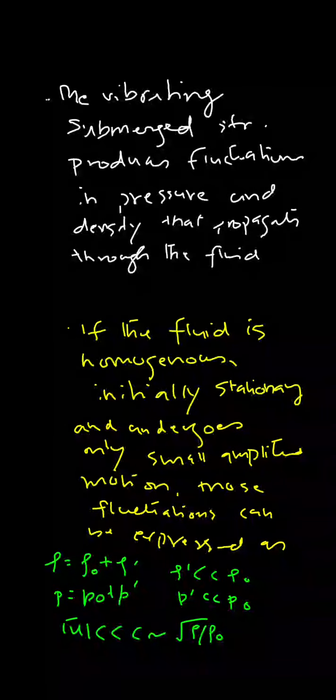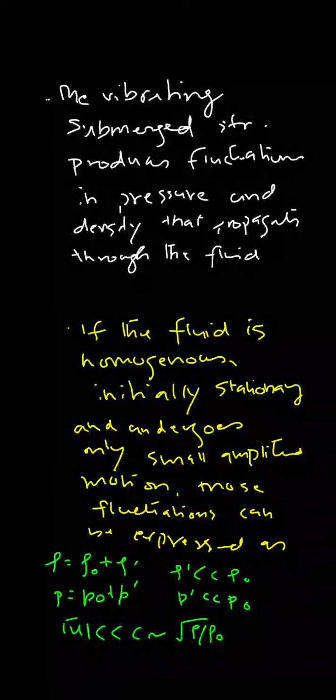Now the vibrating submerged structure produces fluctuations in pressure and density that propagate through the fluid. So if rho 0 is the initial value, then rho dash, the primed one, is the fluctuation, and it takes place in the case of both pressure and density. And if the fluid is homogeneous, initially stationary, and undergoes small amplitude motions, then those fluctuations can be expressed by